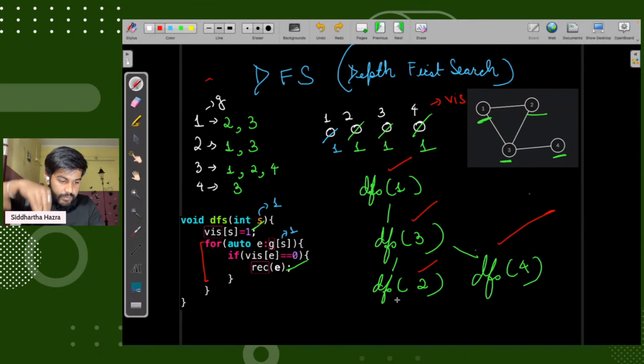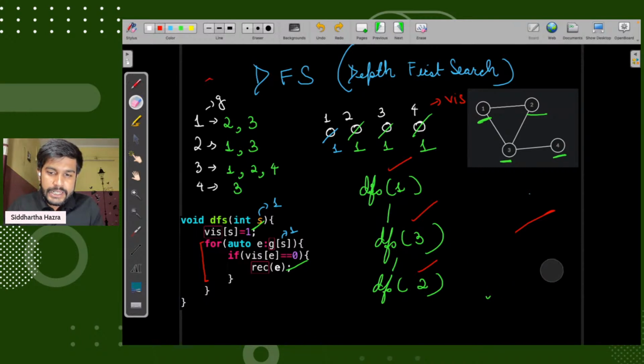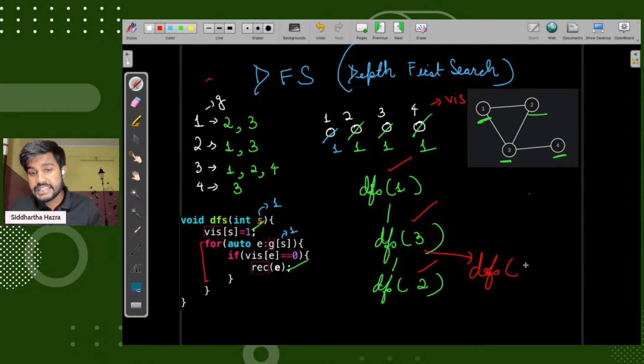That is why this is known as depth first search. First it completes the depth, and then it goes to the other neighbor, that is the next node, 4.